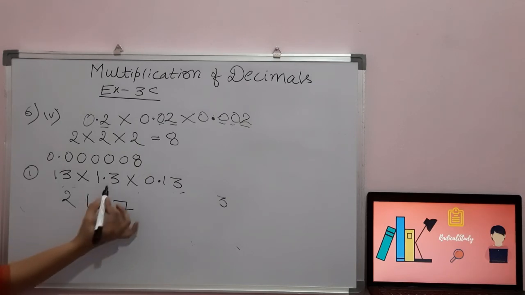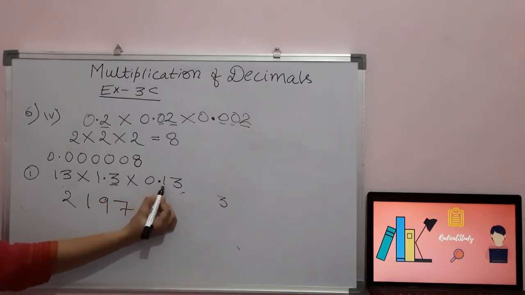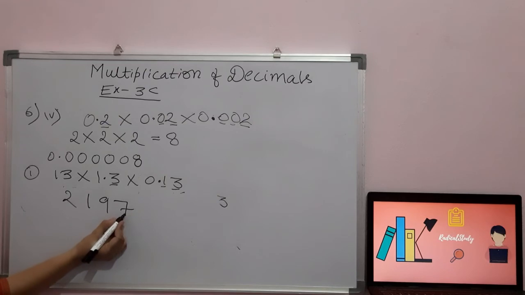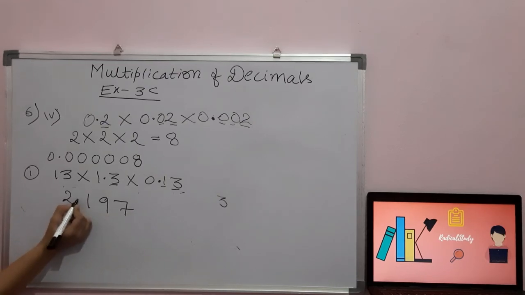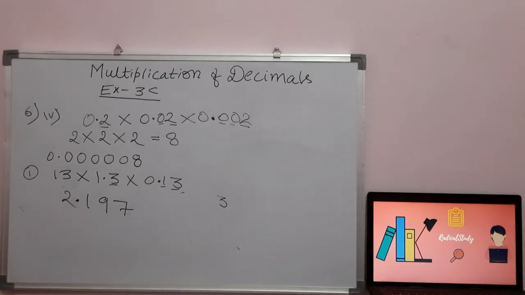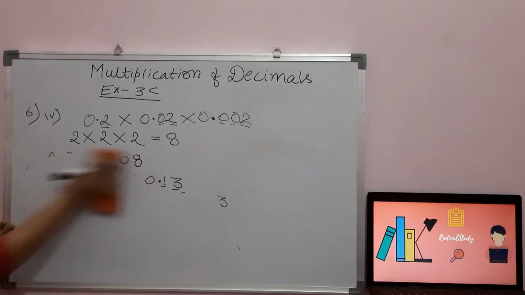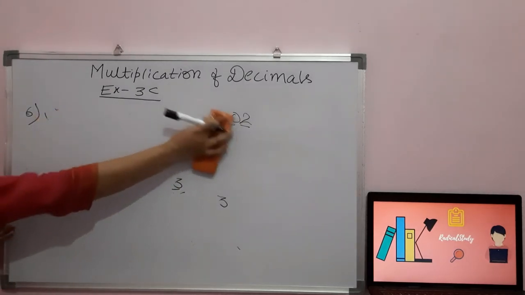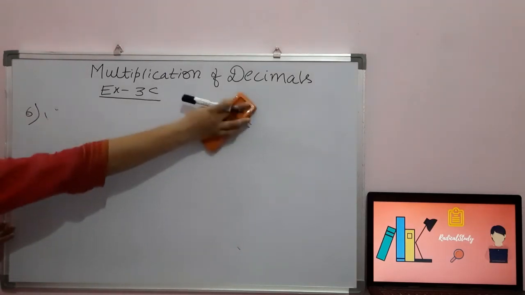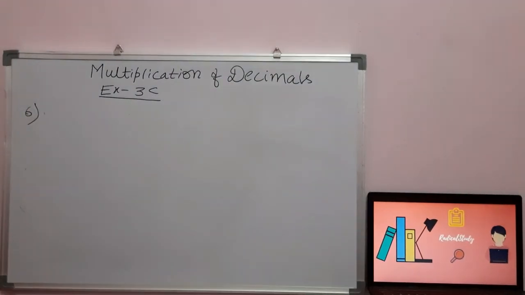How many numbers are there after the point? 1 2 3. 1 2 3. So the decimal point will be here. Now I am going to solve the sixth option of this question. I think this will be the last question of this video. And I hope you all have understood also. You must have understood well.